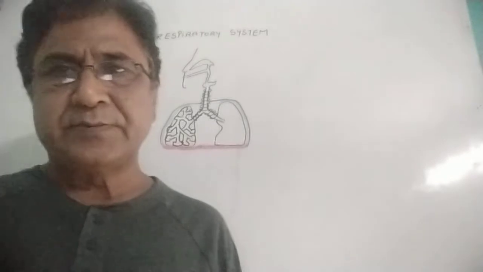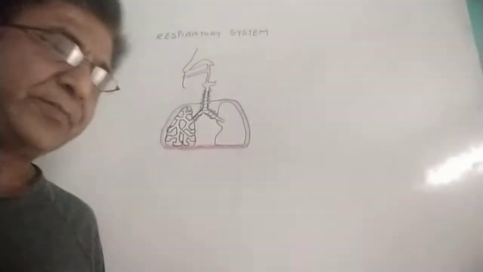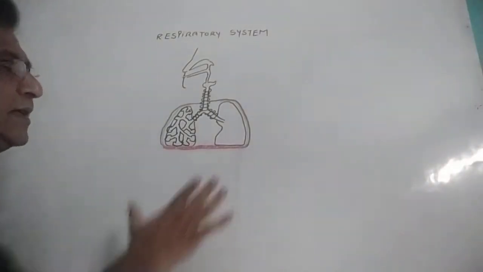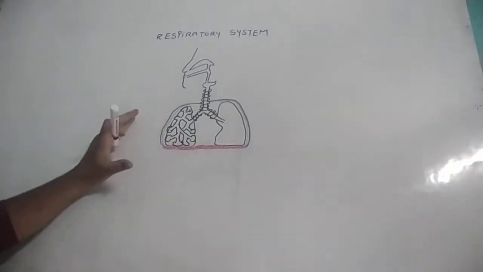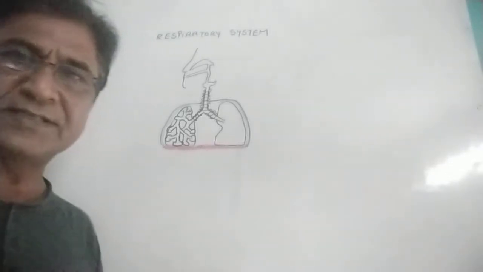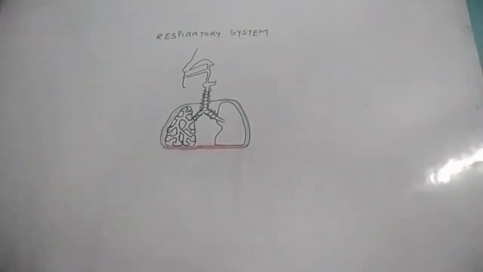Today we will discuss the respiratory system, the second system of life process. For saving time, I already made this system. You also must practice that. So this is the respiratory system of human. First we will know the parts, and then we will move into the parts and understand their functions.